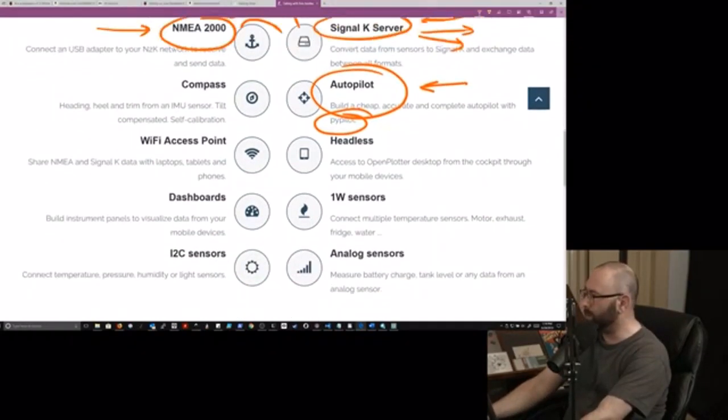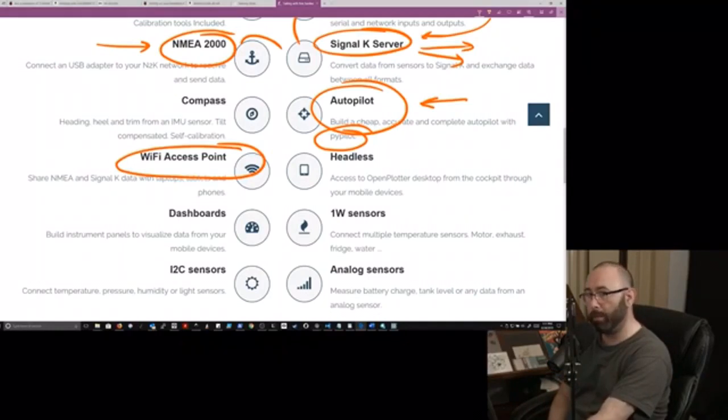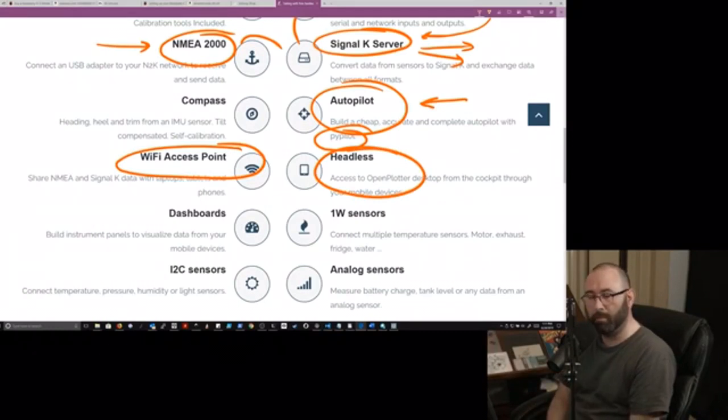And there's a bunch of other stuff that you can go ahead and do. But there's a couple other things that are really, really useful and important about this, which is with your Raspberry Pi, it has a Wi-Fi adapter on there. So you can actually set it up as a Wi-Fi access point, or if you have a network on your boat already, you can join it to that Wi-Fi access point. And at that point, you can go connect to it remotely. And you can do this a couple different ways. You can do this through an iPad, you can do this through a phone,